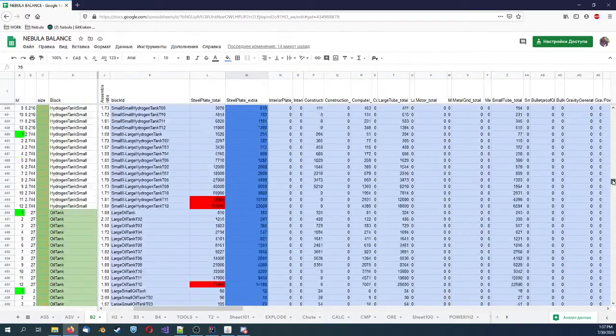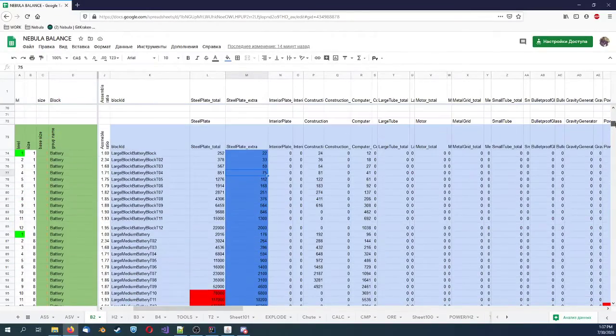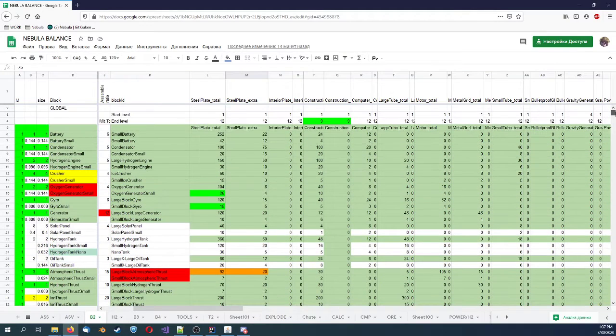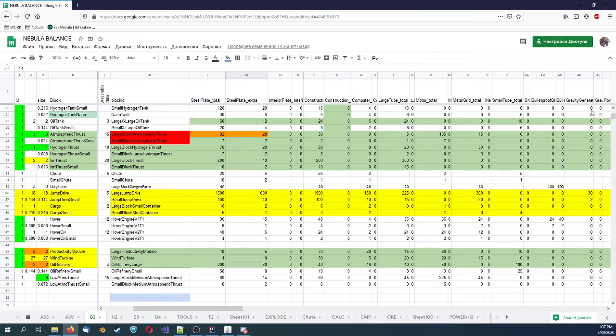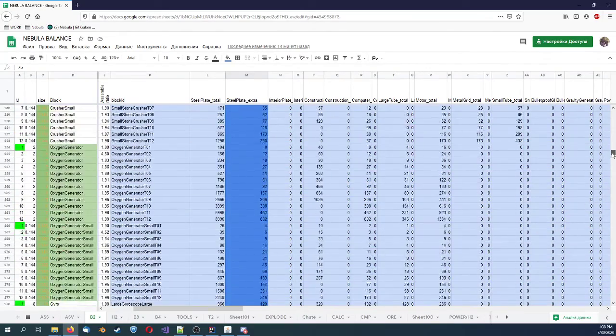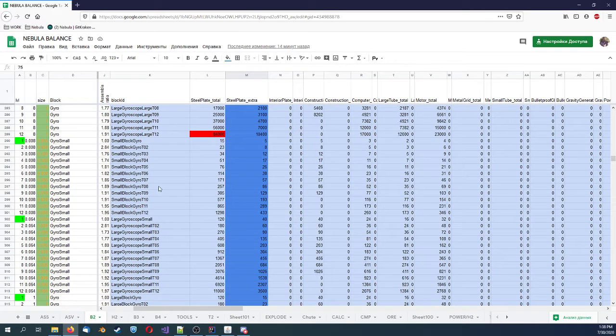Everything in this table is calculated based on the basic values for each type of block, and if we change a value here, it will change. If we change the craft for small block guru, it will change the value of large block guru, and after that all blocks that are small block and large guru will be changed,